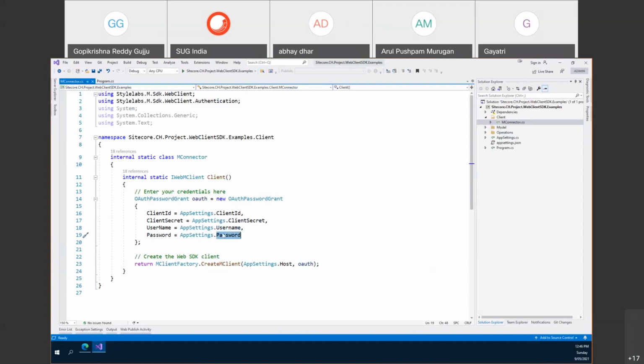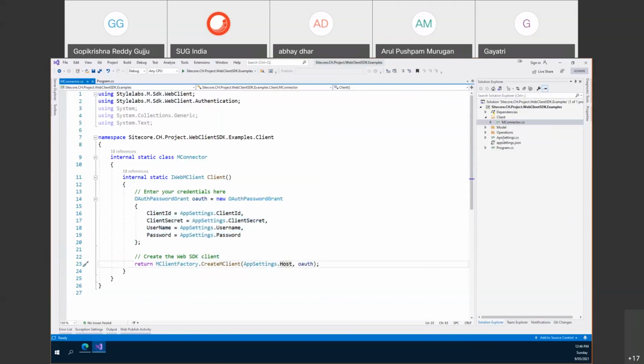If that user does not have any create operations, we will not be able to create with this OAuth client. So keep in mind, you might get some errors, or you might not get any read information. Then go ahead and check this username. The particular user which we are using has all the access. So that's the only thing. Otherwise, you just need these 4 values and the host. Host is the Content Hub URL.